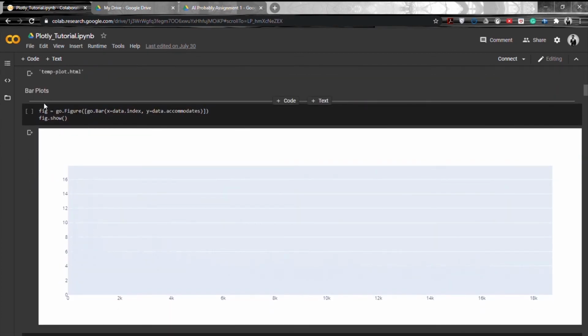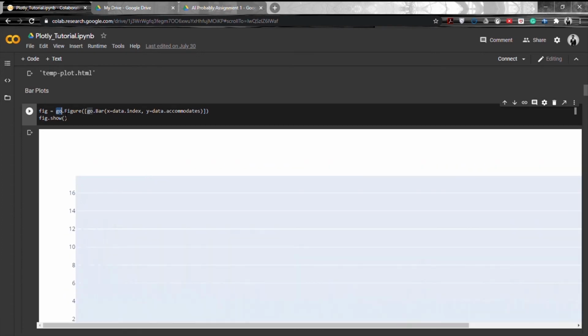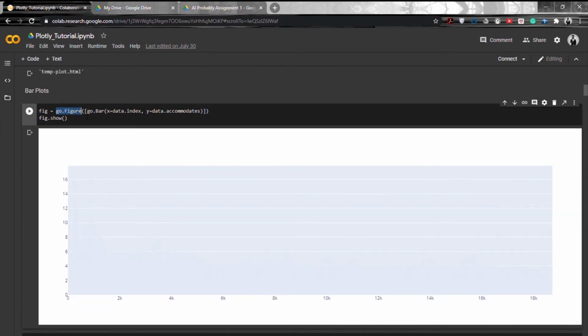To plot with Plotly, we have to define something known as a figure. So we use go, which is plotly.graph_objects, which I imported as go, go.Figure. Then inside it, we have to define the data first. So in the figure, the data is we have to create a bar graph.